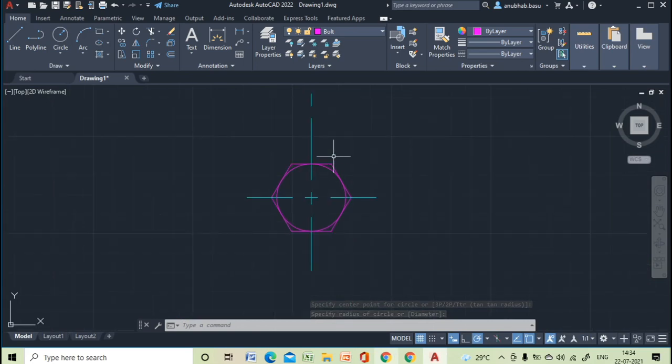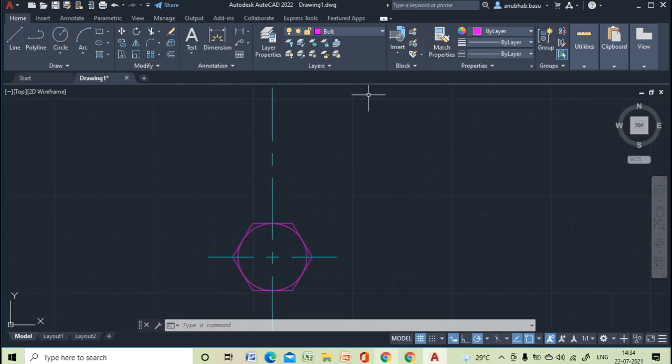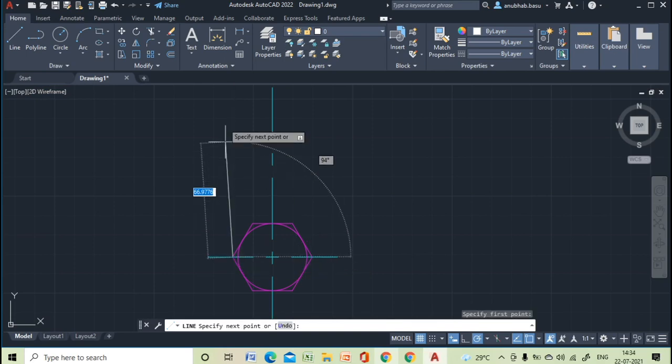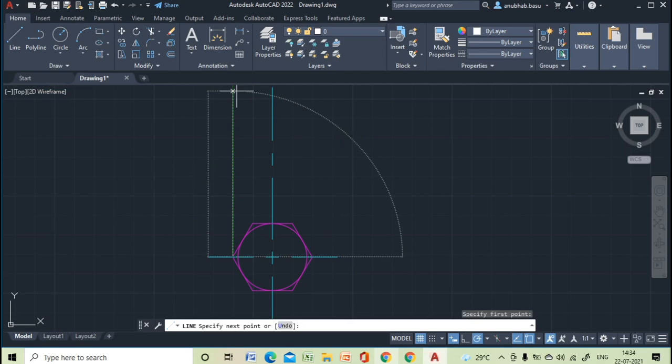Now we will project all the points. We will project all these points into the vertical plane.